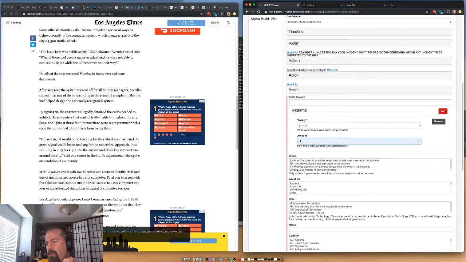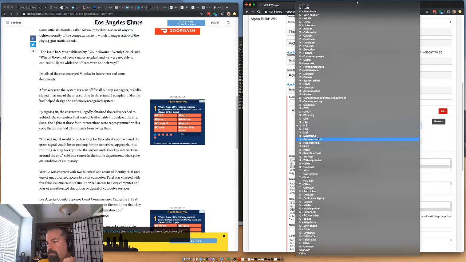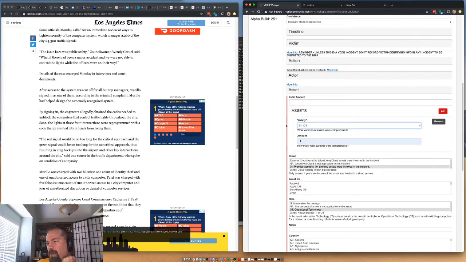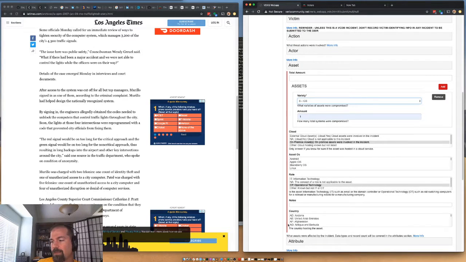I think this is going to be on-prem. This is definitely OT. And if he had been messing with the actual individual systems, like the actual lights, I think we could have made an argument for embedded systems, but because it was the server that controls the logic pattern, I think it's server ICS, which we don't get to do a lot. That's actually pretty cool that we get to do that one.